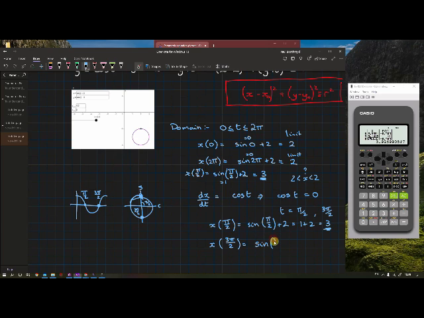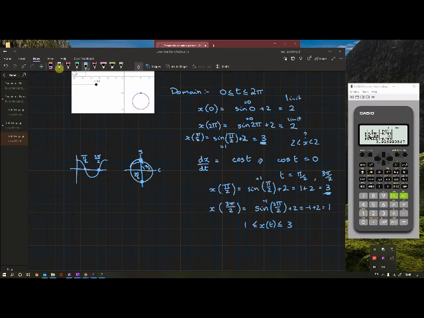Sine of 3 pi over 2 is minus 1. So minus 1 plus 2 gives me a minimum value at 1. So we now know the domain of x is between 1 and 3 using these values. The actual limits here weren't helpful. Okay, so that's about the domains of these values. That's your first simple example. Okay, let's do